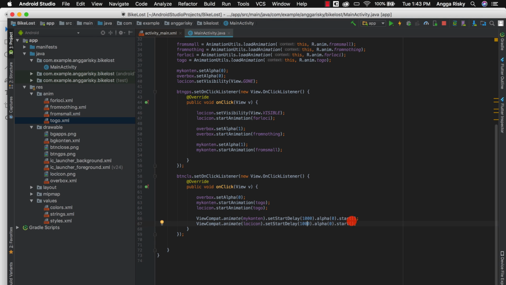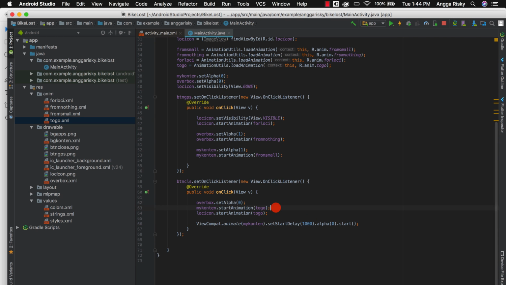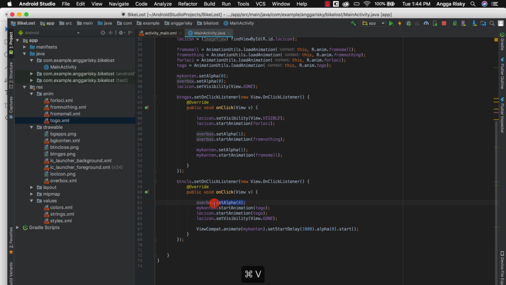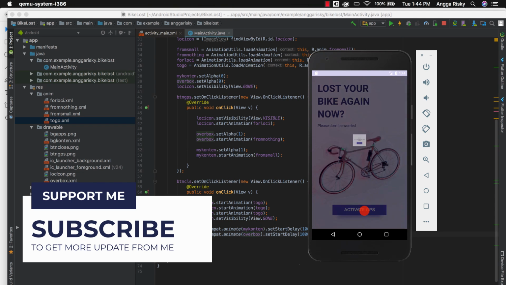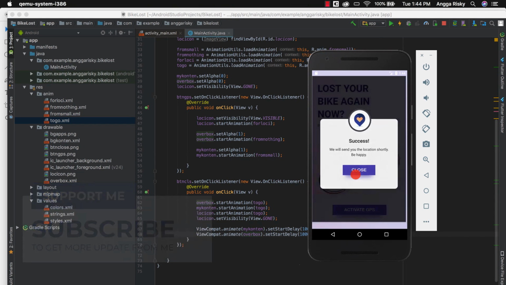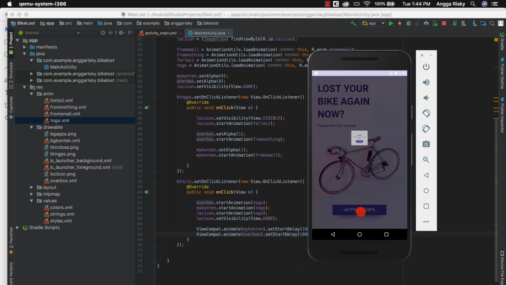So for the Logicon, I think that I only need to make it visible gone. Okay, just copy here and copy. And then for the overbox we can use this actually. And then this is for the overbox. Okay, and try again, activate GPS and close. Wow,